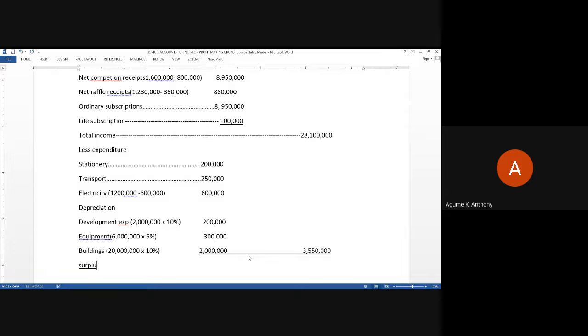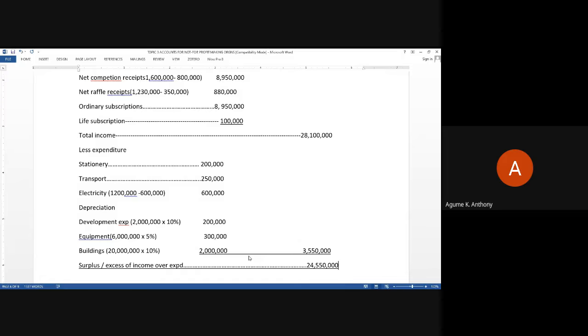My surplus income, or excess of income over expenditure, is 24,550,000. This is what will go now to my statement of financial